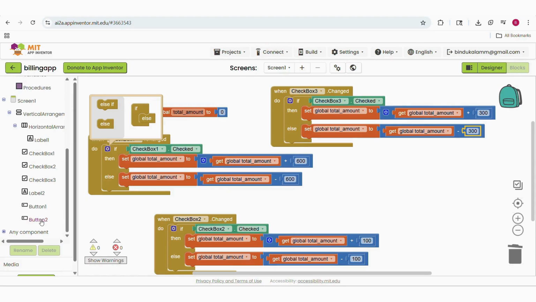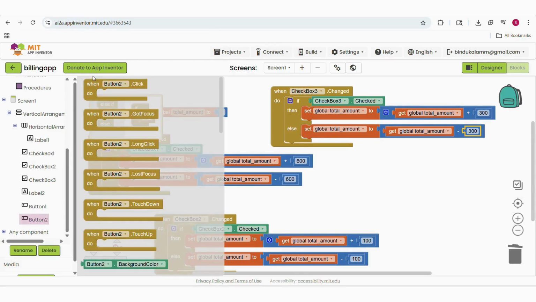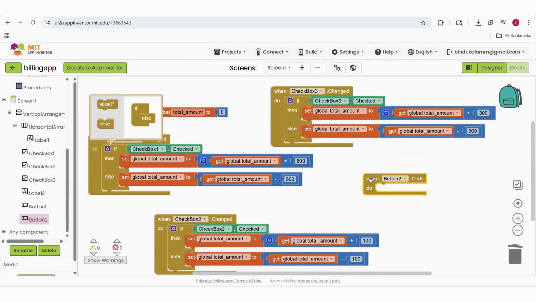Then click on button 2 and drag and drop when button 2 click block and set the global variable to 0.